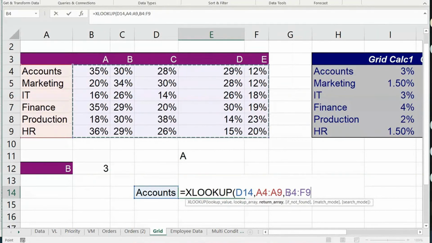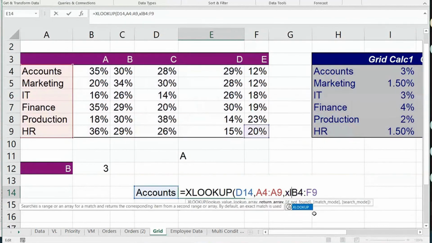But how do I know what is the match here? Right now it is A, but it can be B, C, or D. If it is A, it should take only from B4 to B9, correct? If I change it to B, it should take from C4 to C9. The array should switch whenever this is switched. So what we do here is write one more XLOOKUP.